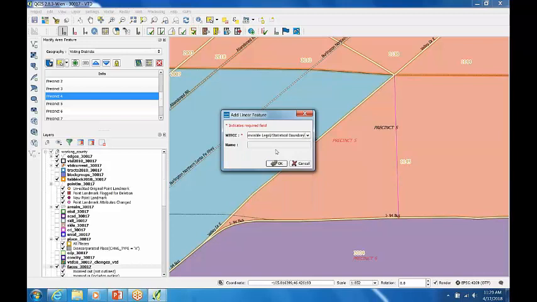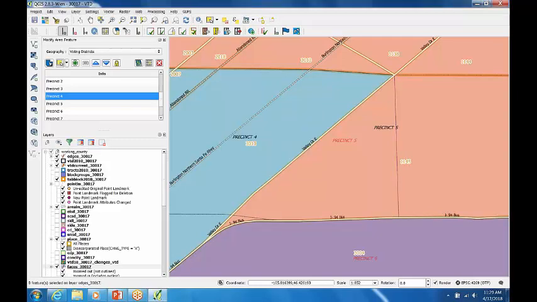So I tell it that, and you'll notice name is grayed out because they don't have names. It's just a non-visible boundary. If it was a road, it would want you to enter a road name, a street name or something. So I'll click OK. And so now I've essentially split that big long face into two faces. So I'll go back to my modify area,